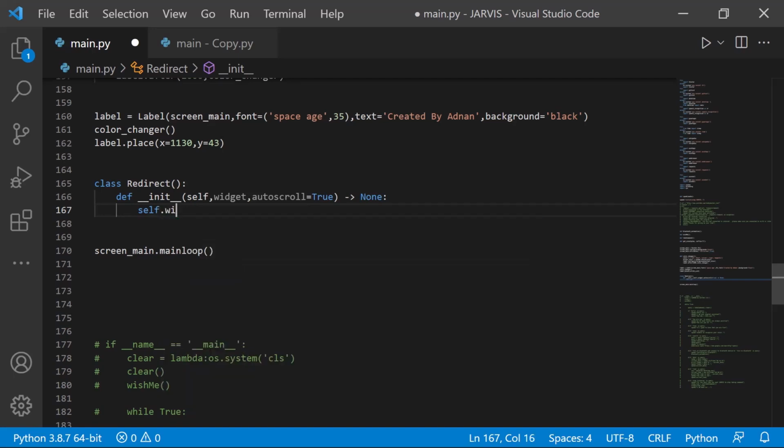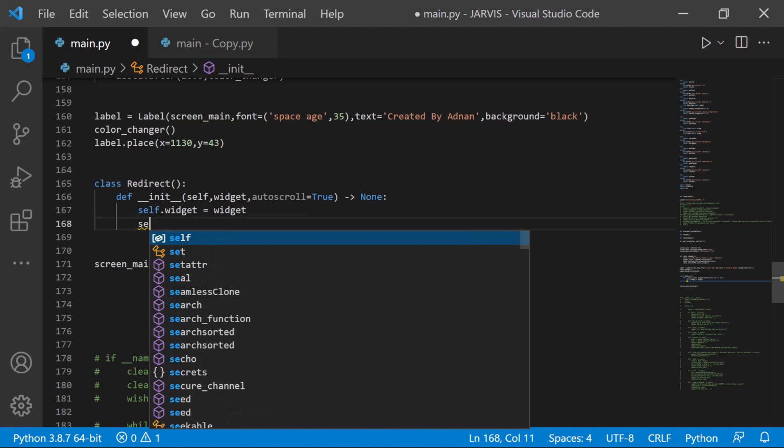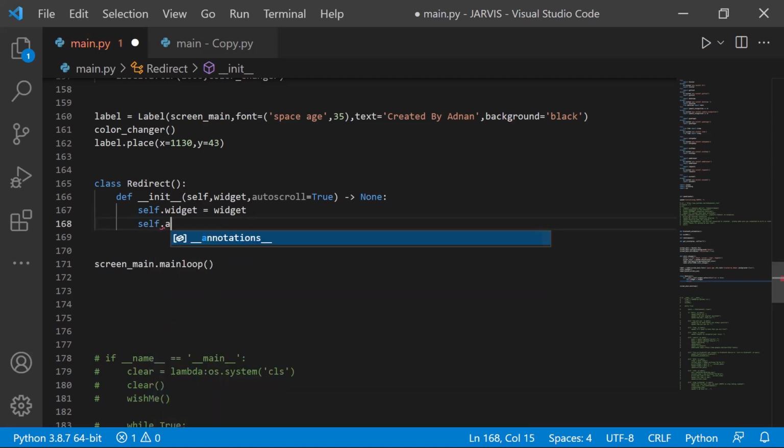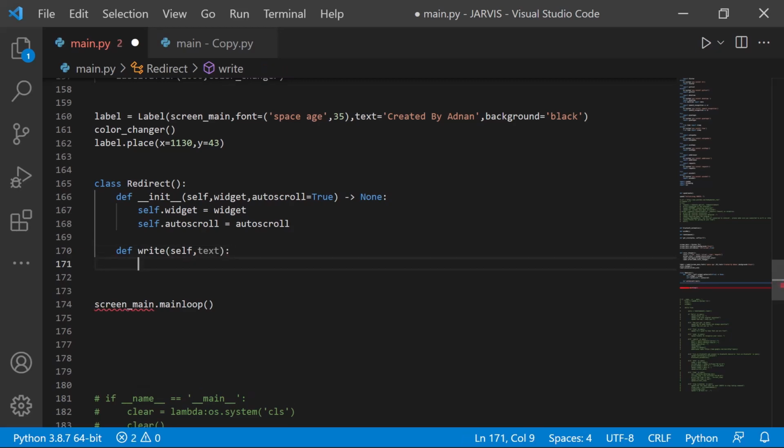And here we will write self dot widget equals to widget, and here we'll write self dot auto scroll is equal to auto scroll, and then we have to write another, like def write, and here we will take self comma text as inputs, and we'll write self dot widget dot insert, and we have to insert, we have redirected, now we have to insert that in our terminal on the tkinter window. So we'll write insert and comma text